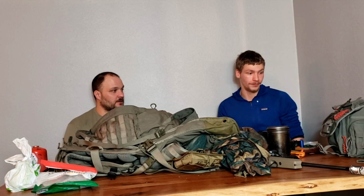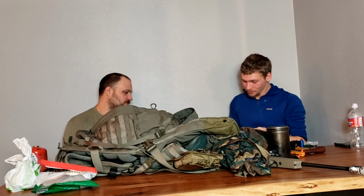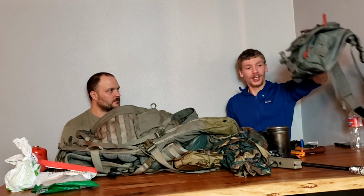So what do you got in the big bag? Unfortunately, that's all that I have. I packed all this stuff into here. I gotcha. So that's a Maxpedition pack. You like it? Yeah, this is a Maxpedition Jumbo, and I don't usually keep it too packed because it can